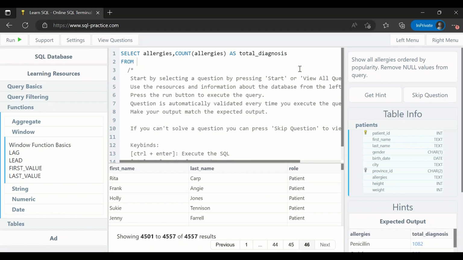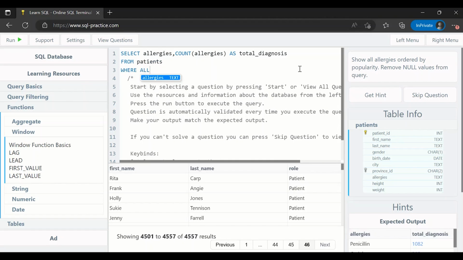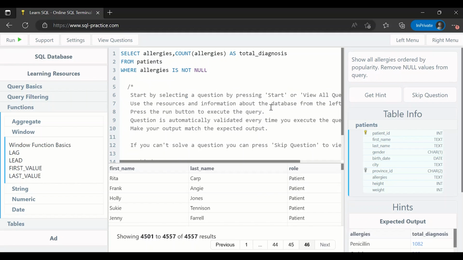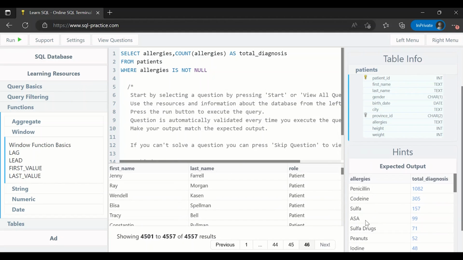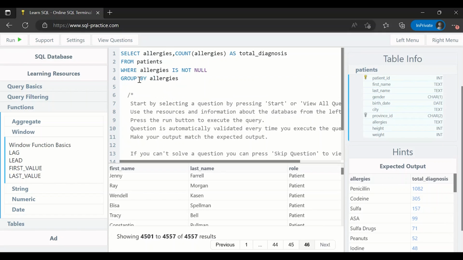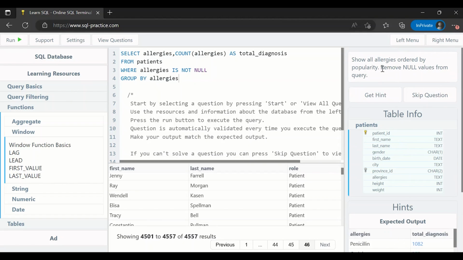From the table patients, where allergies is not null. So this is what you want: remove null values from the query, right? So where allergies is not null. Now I want to group by the allergies, correct? So I will use group by allergies, right? So if we execute this, it won't give me the exact solution, because the last step would be to sort them